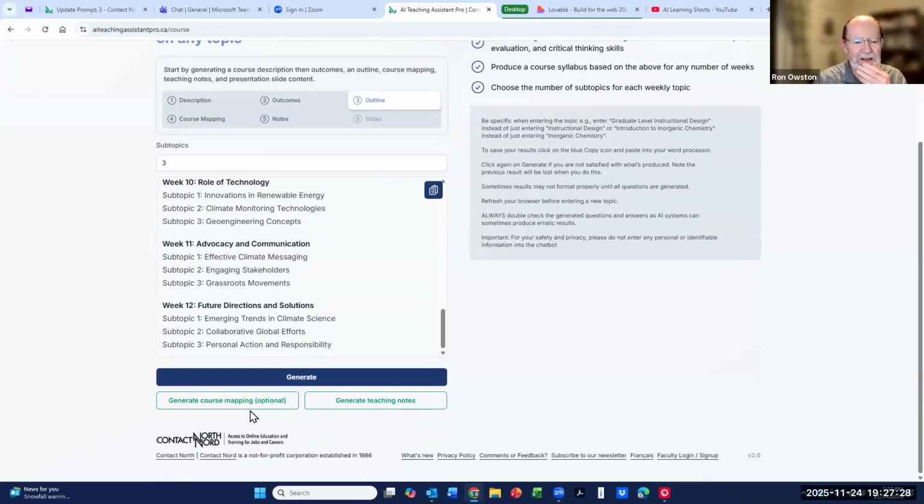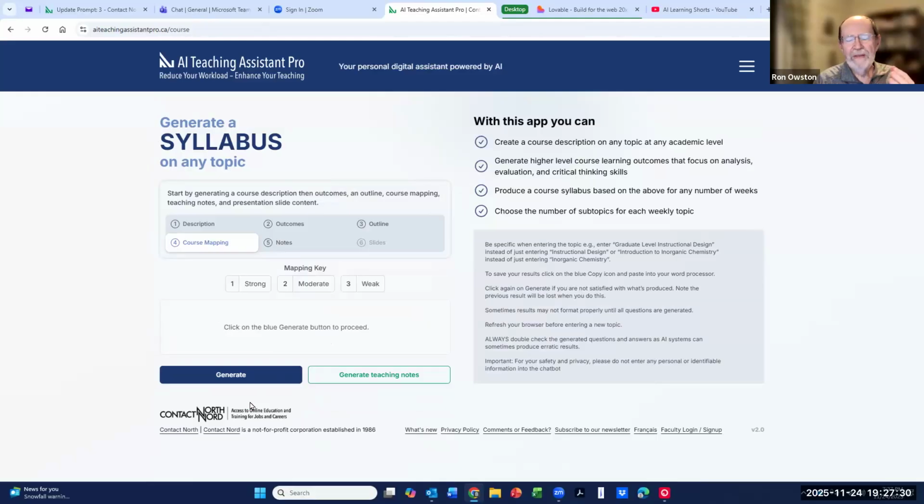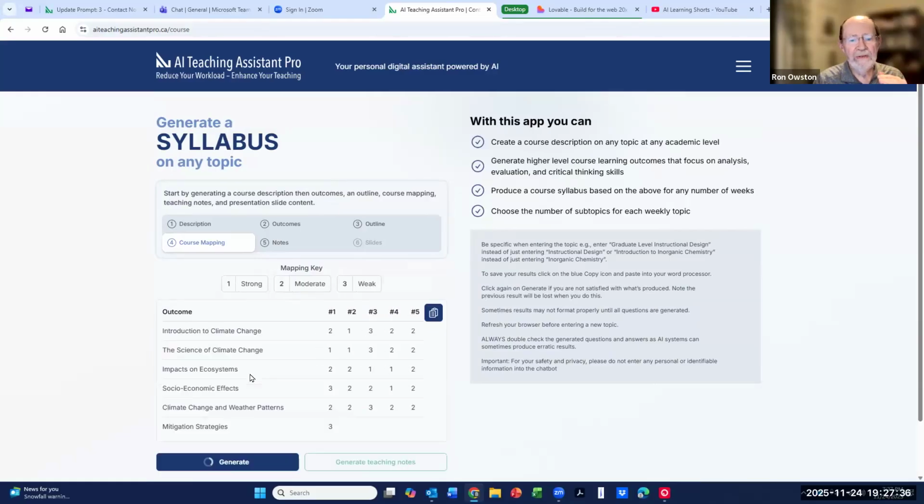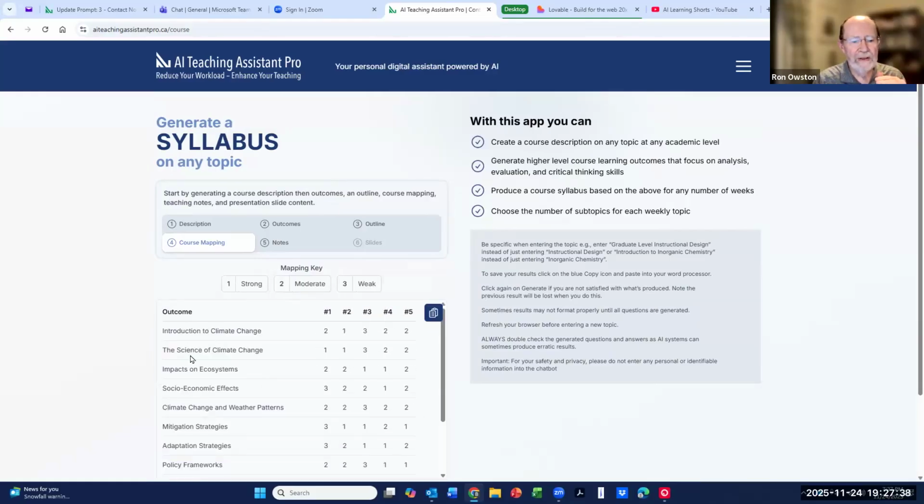You can even map the topics to the learning outcomes, so for each topic that is covered, you can see how well it's addressed. Like the first one, introduction to climate change.